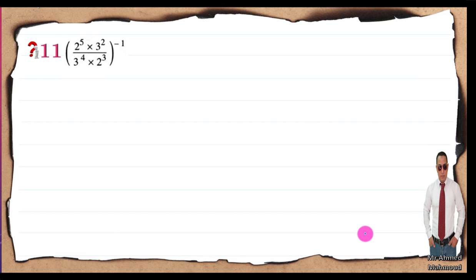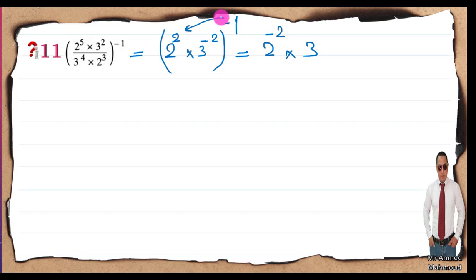Now number 11. Some of us simplify the numbers inside the brackets, and some of us may distribute the brackets. Now we have 2 up and 2 down, so I'm going to write down 2, and 5 minus 3 equals 2, times here 3 up and 3 down, 2 minus 4 equals negative 2, all to the power negative 1. Now I'm going to distribute the power negative 1, so it will be 2. Negative 1 times 2 equals negative 2, times 3, negative 1 times negative 2 equals positive 2. So it is equal